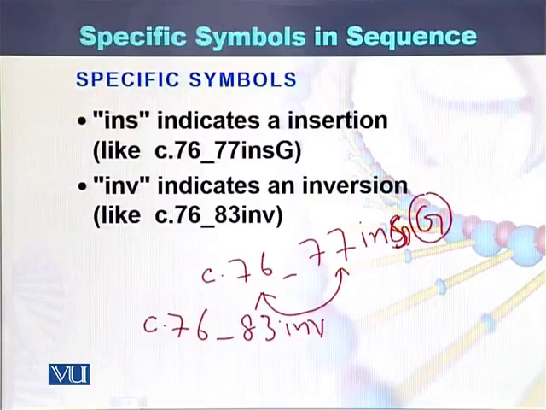So those nucleotides which are present between 76 to 83 have been inverted. If they are in one orientation, they get the other orientation. So if there is a change in the orientation, it is written as inversion, and inversion is written by writing